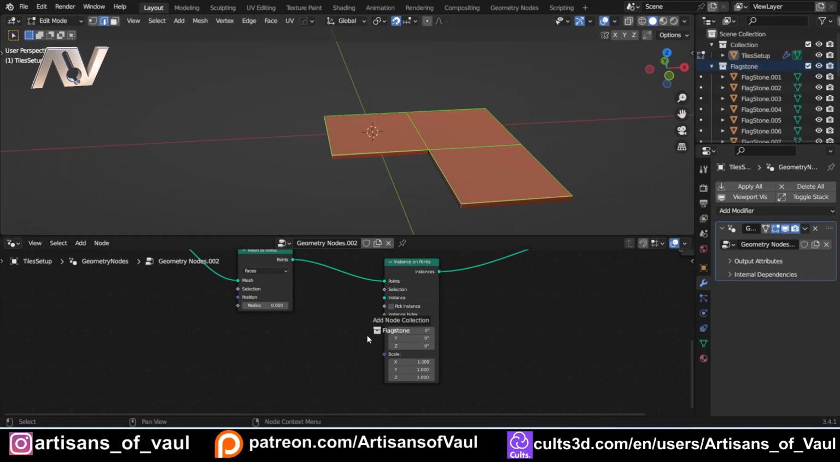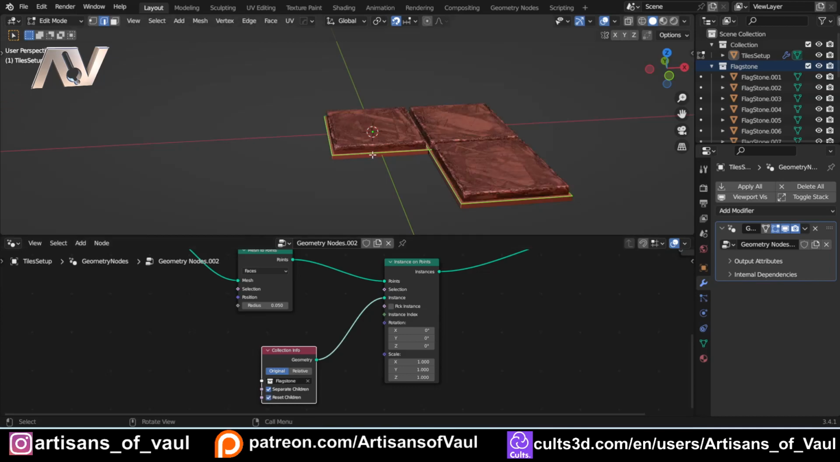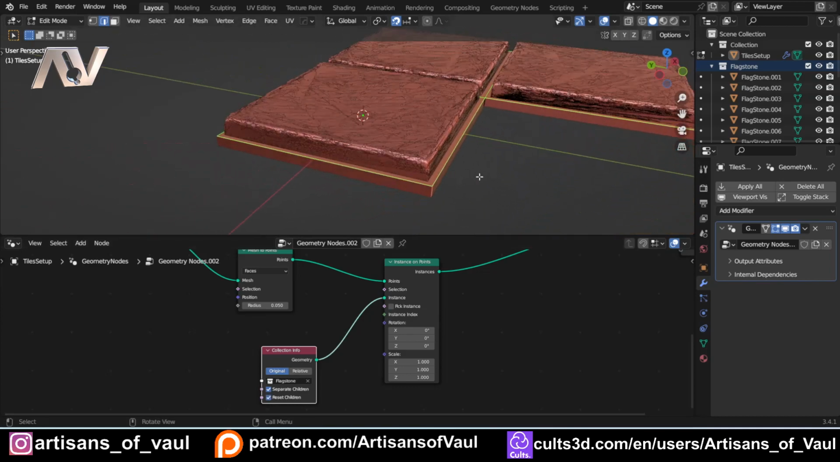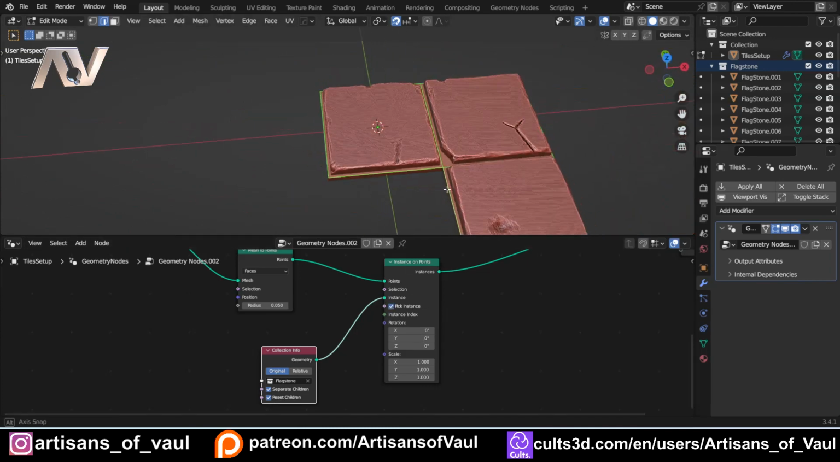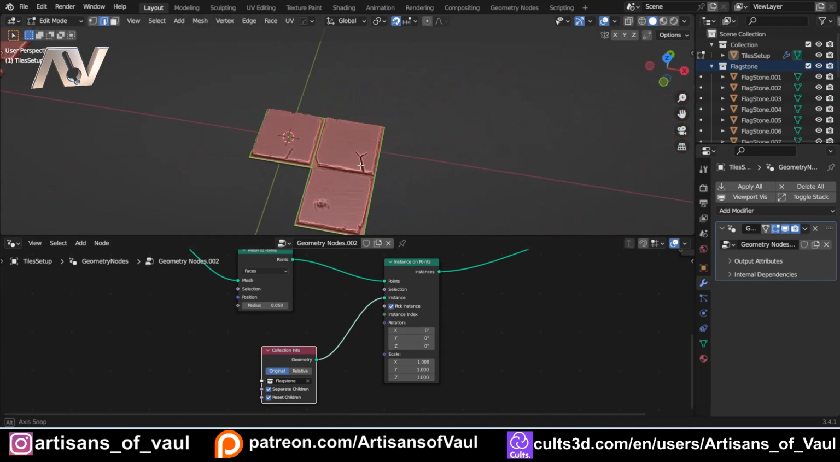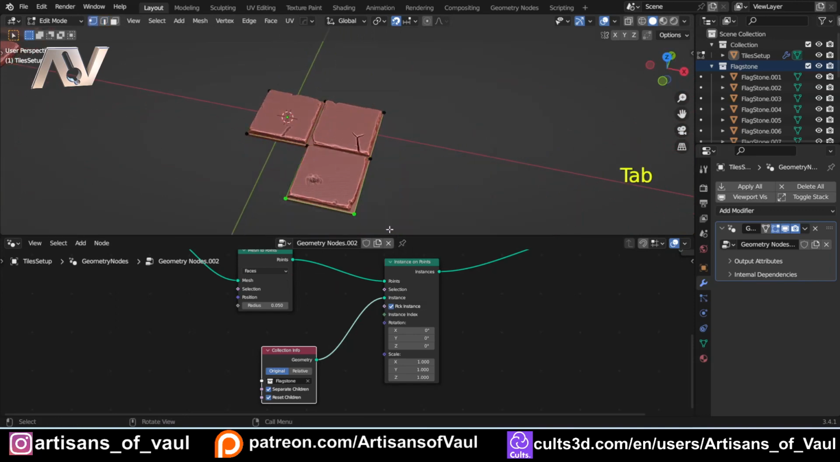So let's drag our flagstones in here and add that to our instancing, and we need to click separate children and reset children, and we've got those there. This is an almighty mess because all of them are trying to instance on top of each other, so we need to click pick instance, and now it's going to pick an instance. So great, looking really good, except, in fact, let's go into vertex mode and delete these vertices, and then back